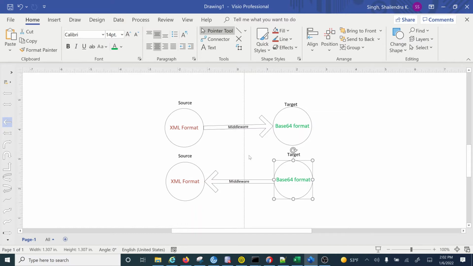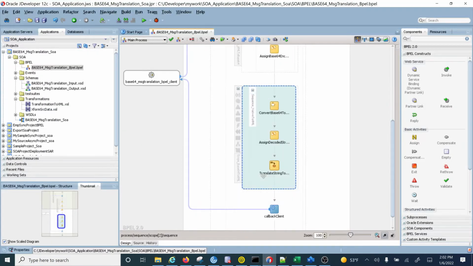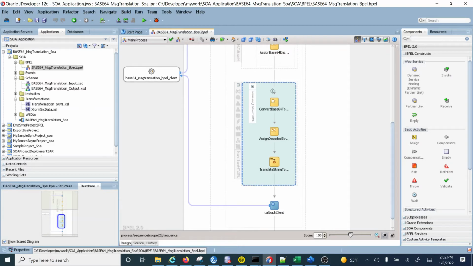So what we need to do at the fusion layer, I mean in the service, is build the service in a way that it accepts the data in the base64 format and converts it into the XML format. So in the next scope here I have mentioned that, also assuming that the source system is sending the data in the base64 format, we have to convert that base64 format into the XML format.